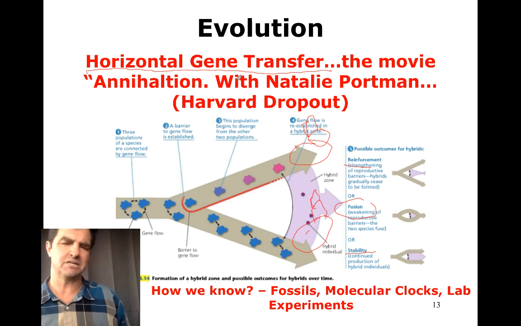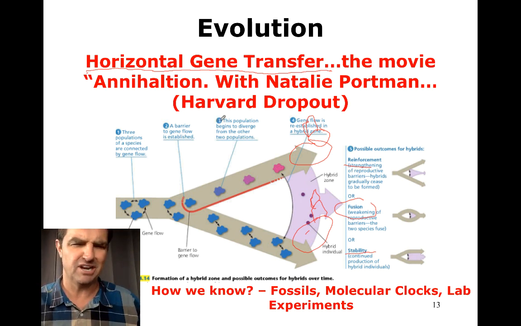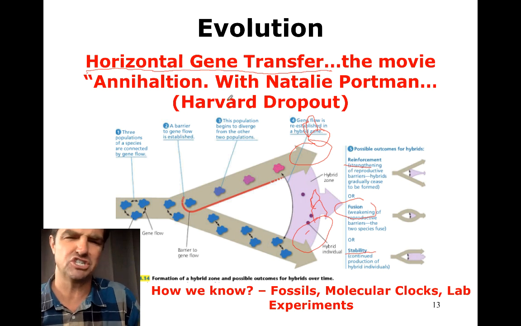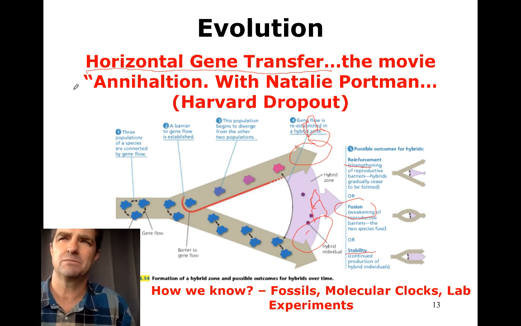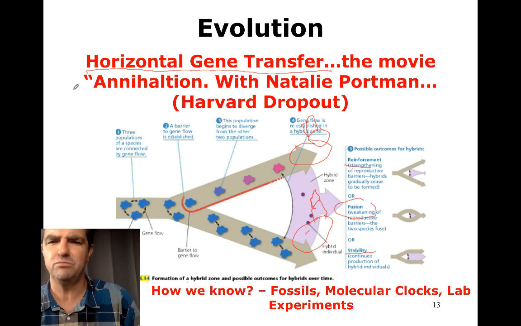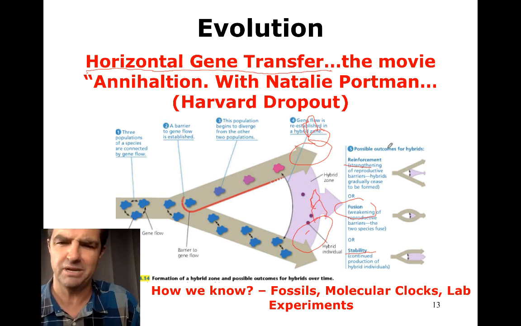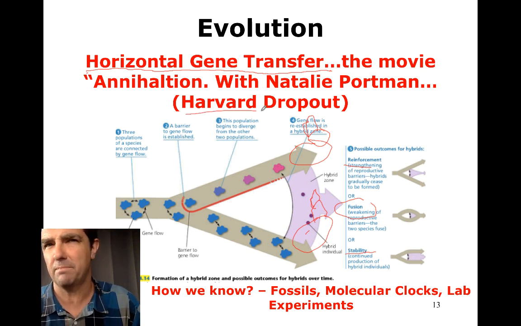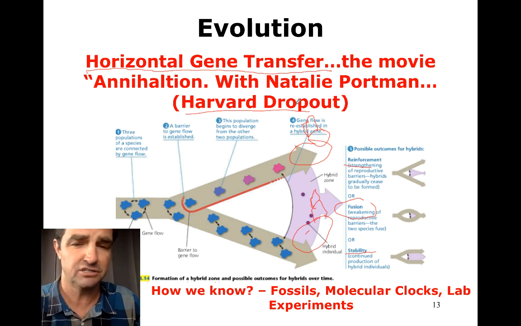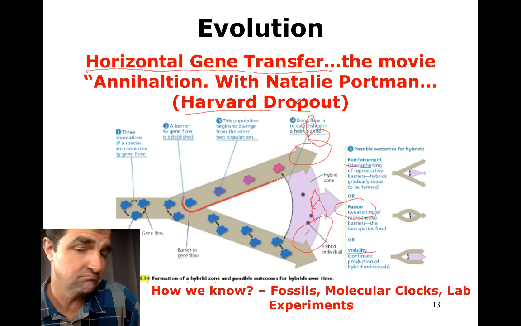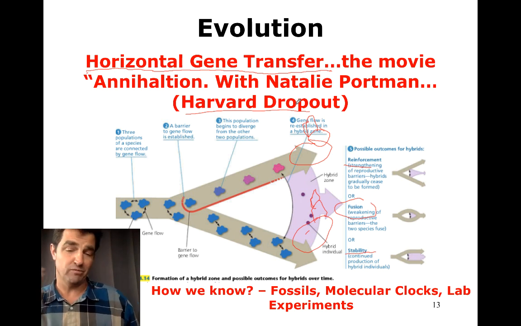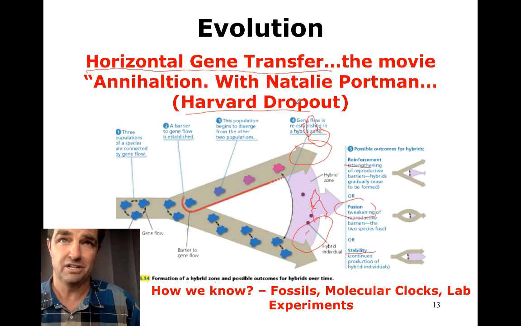And I had this in, it must have impressed me at one point. I saw the movie Annihilation. I guess they had mentioned horizontal gene transfer in there. I think they had some kind of plant that had human characteristics and various things. It had Natalie Portman in it. She was a biologist. It was a pretty good movie. Natalie Portman, I think she was a Harvard dropout. And that's not an insult. I'm just saying she went on to do awesome things. And lots of people have dropped out of Harvard, it seems. And it's like they were on to bigger things, bigger than Harvard. I would have stayed maybe forever. I'd be a Harvard stay. But anyway, that